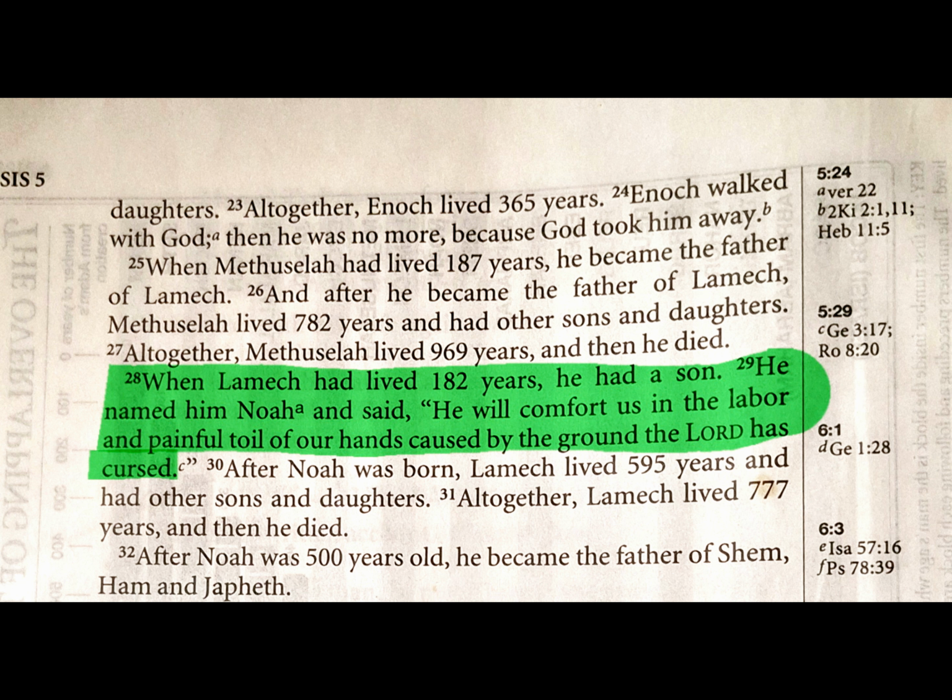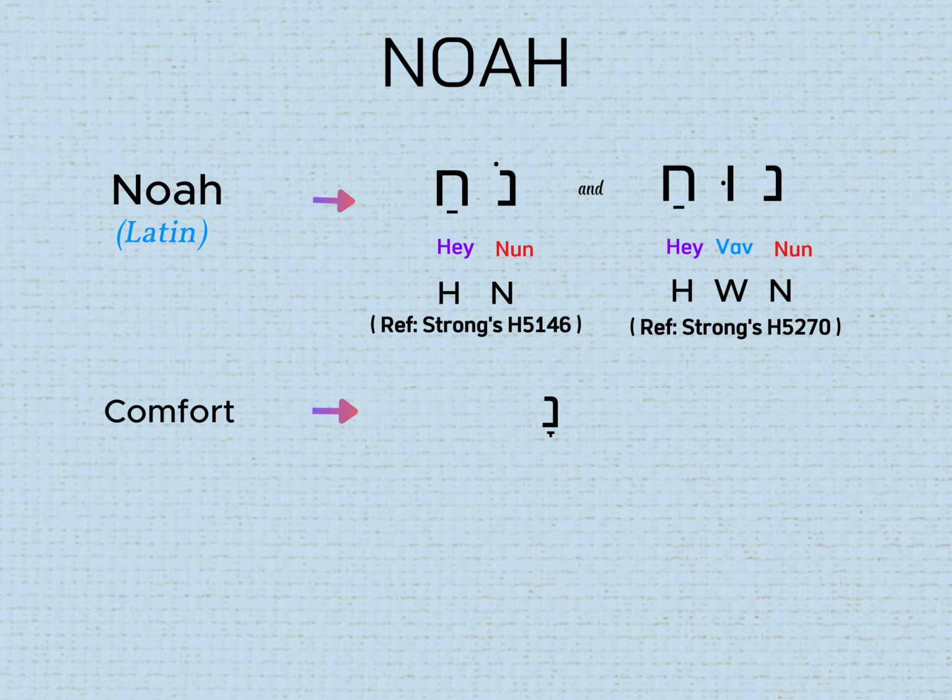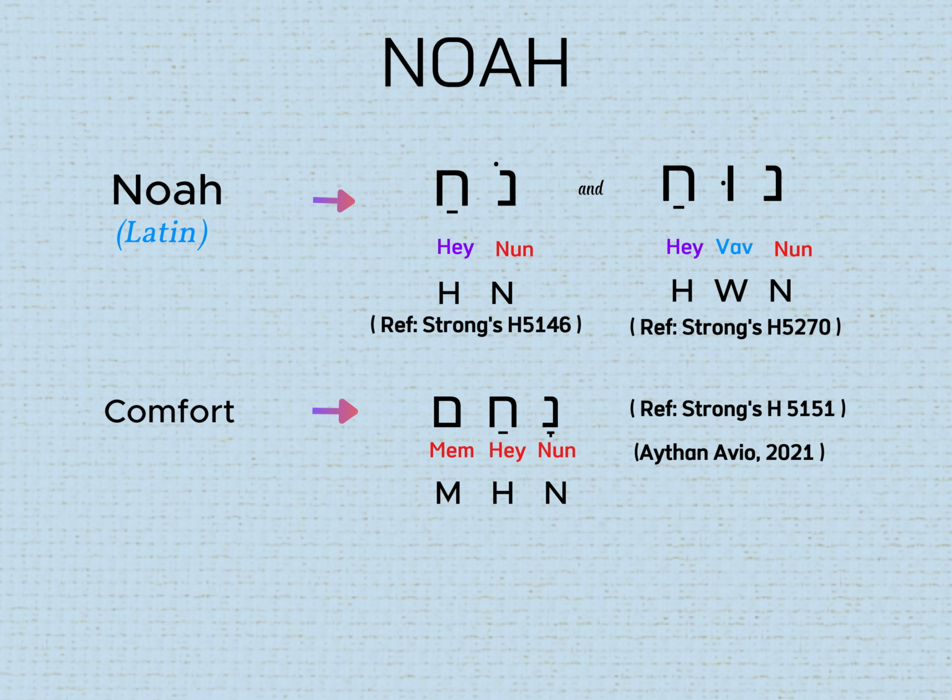Ethan Aviu suggests that the comfort in this text was derived from the Hebrew root nun he mem. He further explains that the root nun he mem is in close proximity with nun he, pointing out that this nun he mem is a concept that means consolation in times of trouble or worry, or a feeling of relief and encouragement.